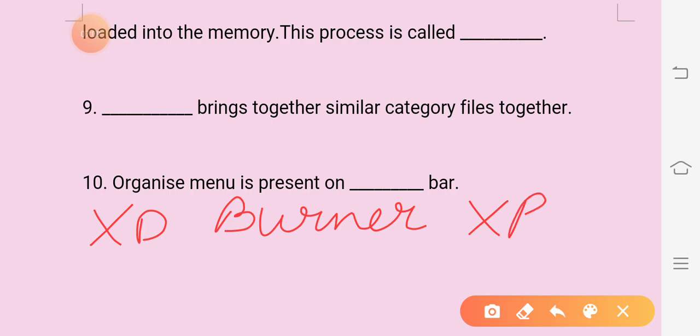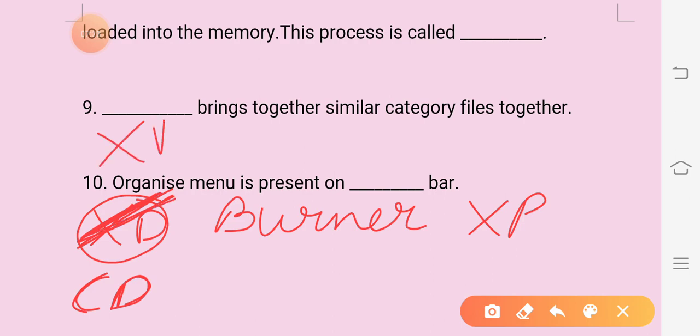This one example I have given. Actually by mistake, in place of XD, CD will come: CD burner XP. By mistake in that video I forgot to watch this, sorry. So please make the correction in your notebook. CD burner XP is the answer. 3 examples I have given here. Make that answer correct. So that's all about it.